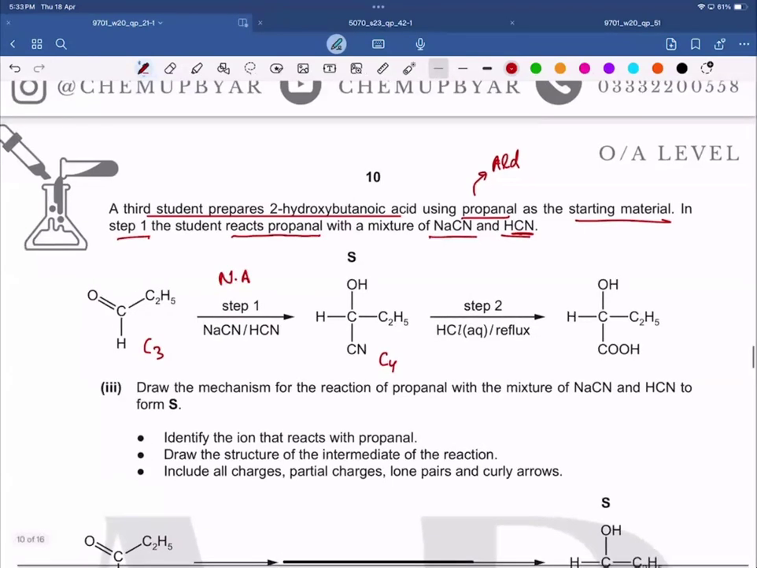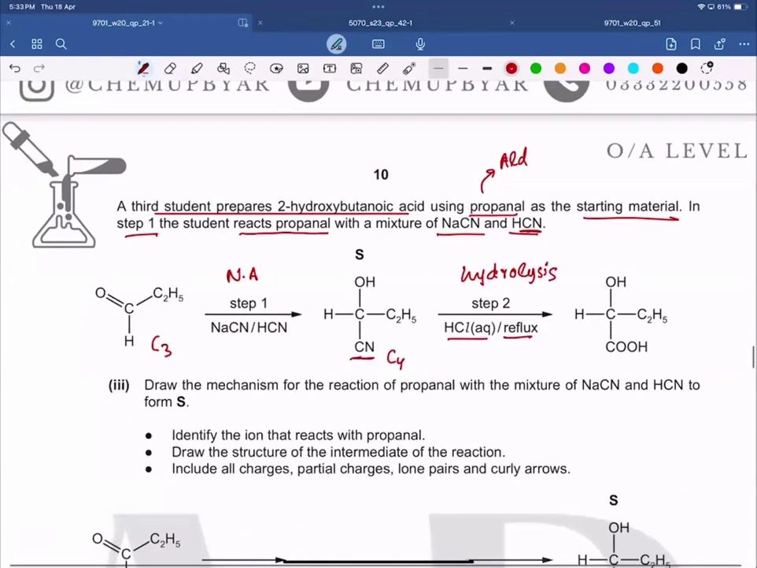Okay. Then in step 2, it is refluxed in acid. So which reaction is it? Hydrolysis. Good. So on hydrolysis, nitrile turns into carboxylic acid. Okay. Which other organic compounds undergo hydrolysis? Can anyone recall? Esters. Esters undergo hydrolysis. Nitriles undergo hydrolysis. Amides undergo hydrolysis. And halogenoalkanes. So these are the 4 compounds which undergo hydrolysis. Okay. Now,